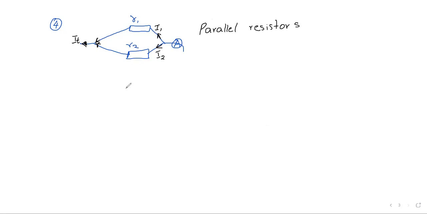So you can see that the current is being divided by the resistors in parallel. If your voltmeter here measured, let's say, 3 volts,